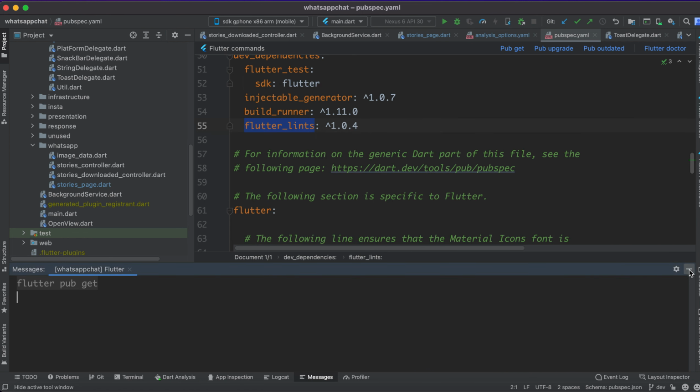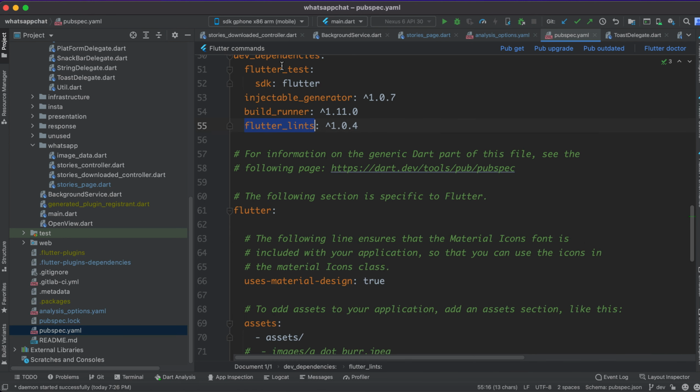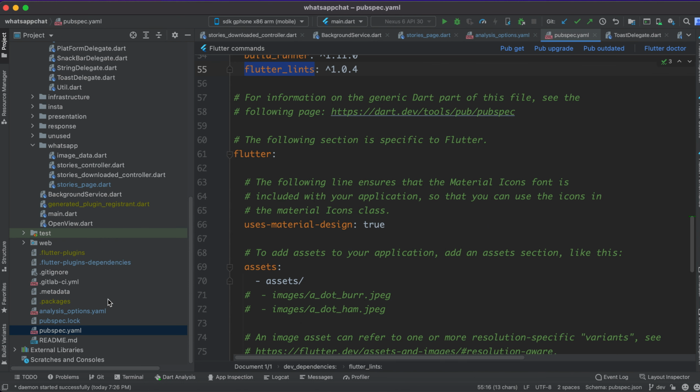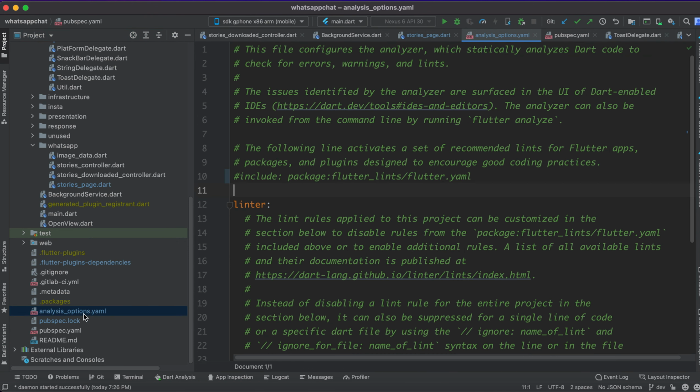After adding this package in dev dependencies, I'll create a yaml file. Its name is analysis_options, right? And even if you have not implemented this package, you can run the command flutter analyze, and that will give you hints about what you need to improve in the code.